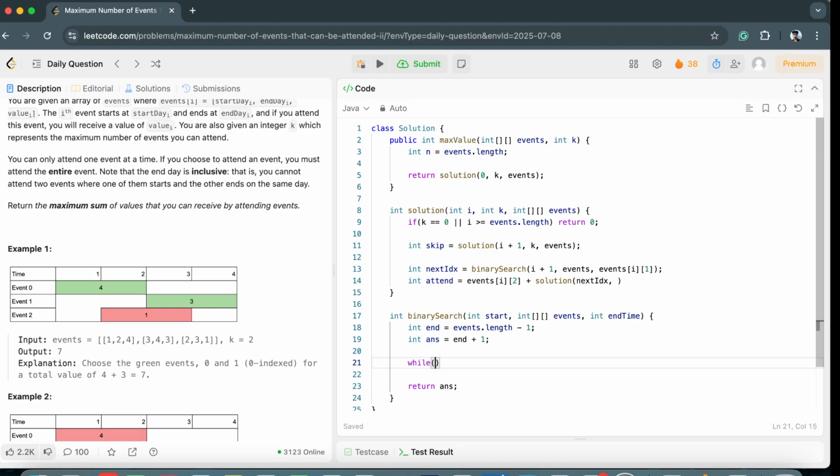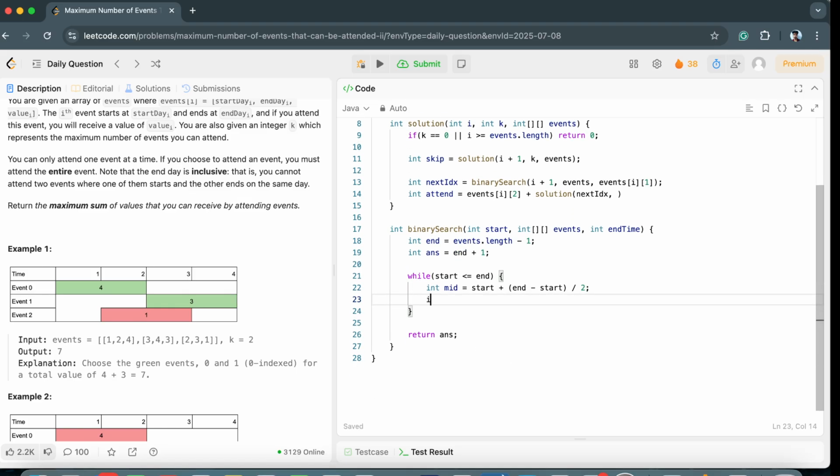So while start is less than or equal to end, we will get mid equals start plus (end minus start) divided by 2. The mid is something we have figured out. Now the first thing is we will simply check if events of mid and 0, the mid index we are at, and 0, that is the first value. On that particular index, the 0th value, that is the start time, if it is greater than this end time, the end time we have for this current event,